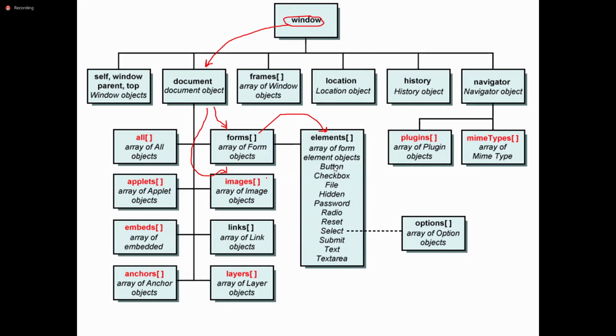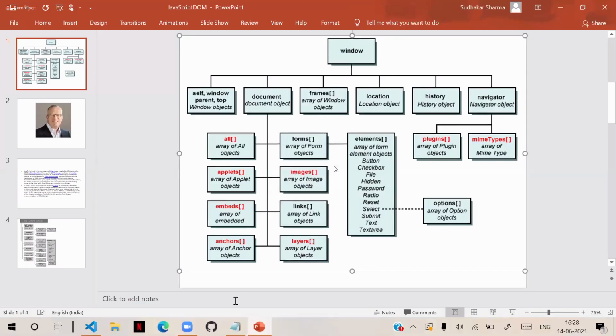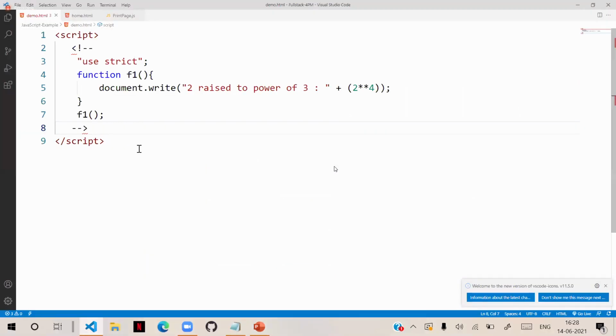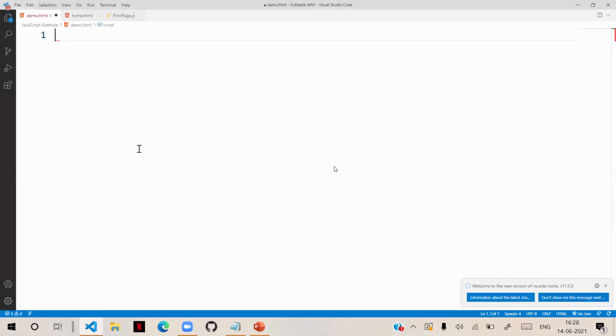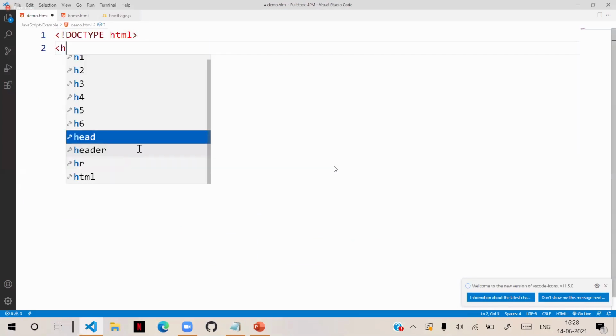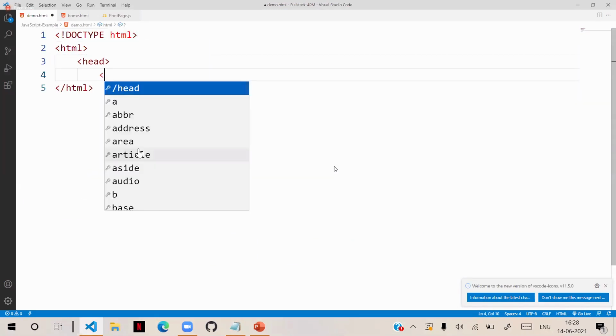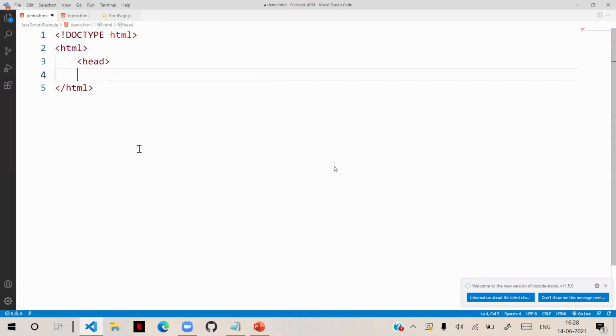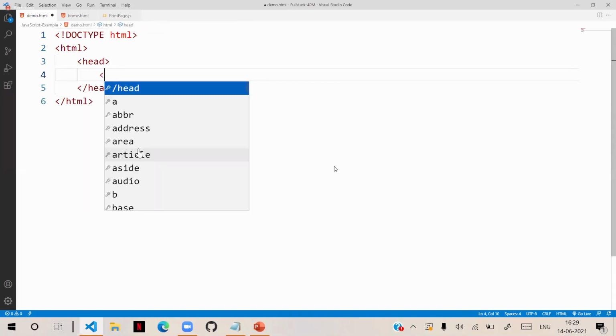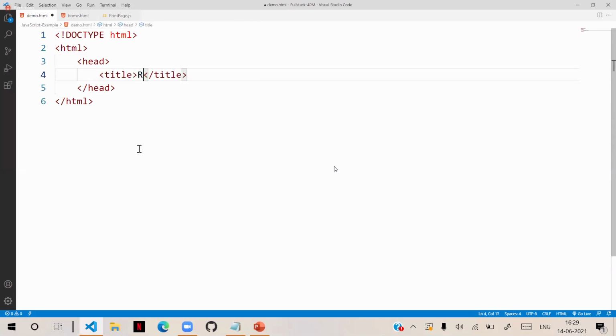What is good and what is bad in this technique, we will see. First, let's see how the concept actually works. We are designing an HTML page. We will create an HTML page: doctype, html, head, title, some reference techniques.